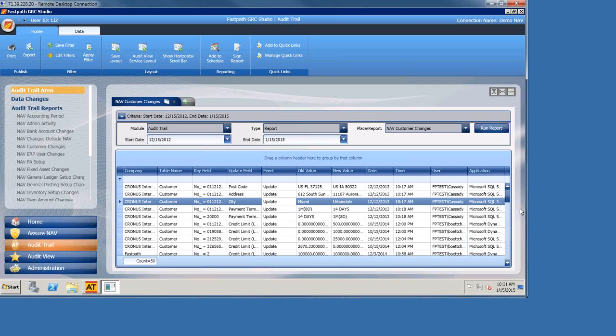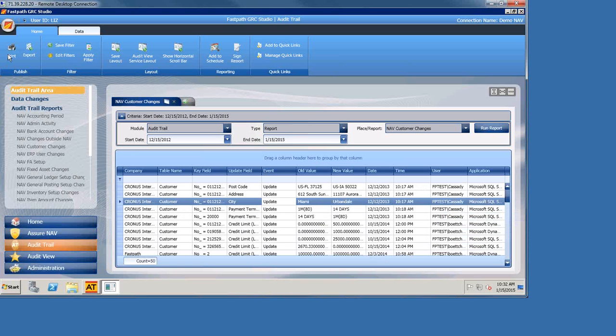Why are we updating customer information via SQL? Was there a problem with the NAV application at the time? Was this a bulk update that was coming through? Was it scheduled? Is there documentation behind it? Did I know that this user actually had access to the data at a SQL level, etc.? So it's very important to be able to see a clear picture of where these changes are coming from.